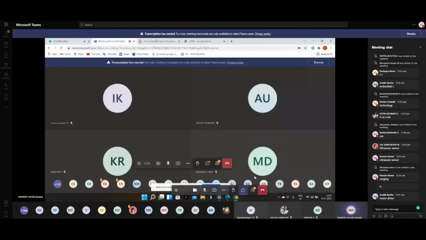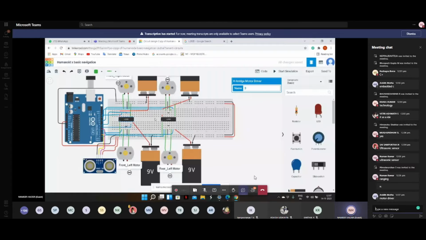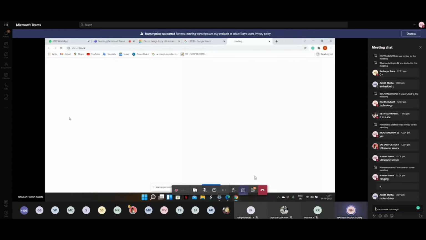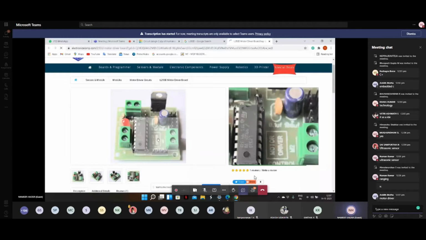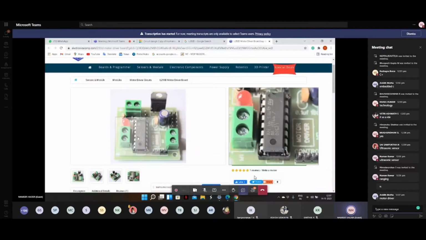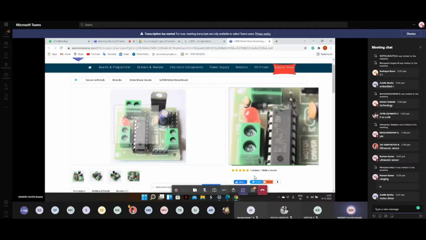Usually the motor driver is not this small. The real motor driver that we use in our hardware projects is this. Can you see it? Is it clear? This is the motor driver that we generally use.